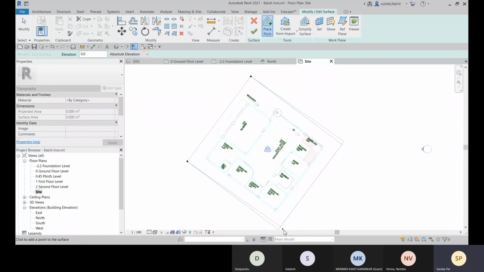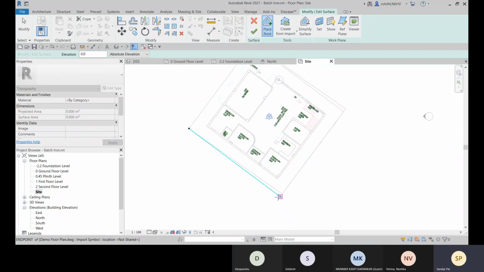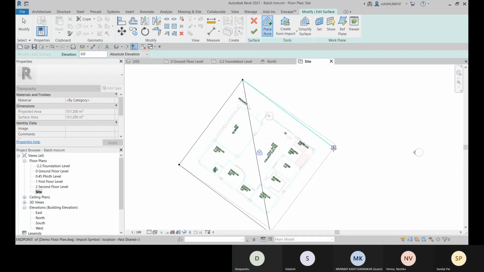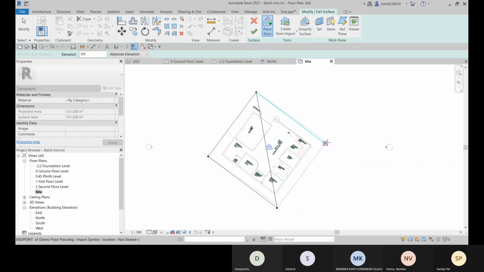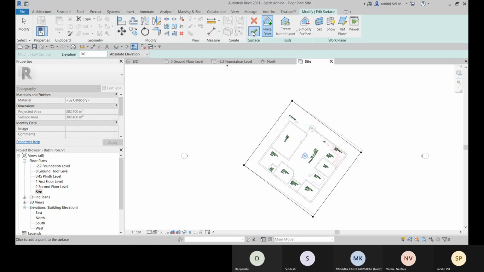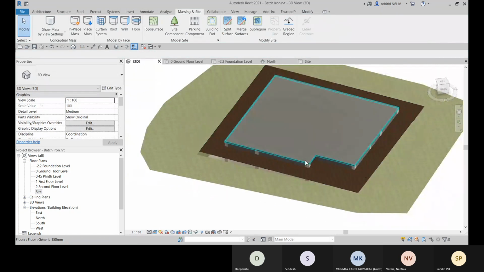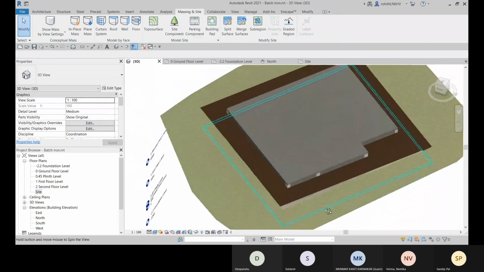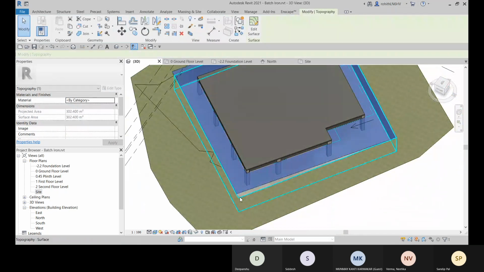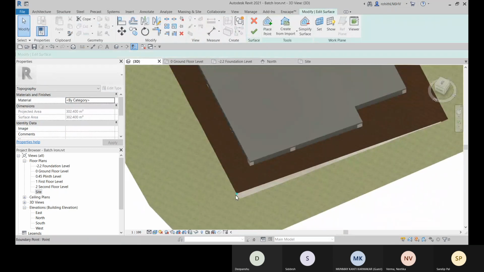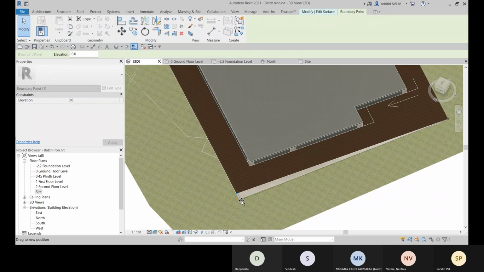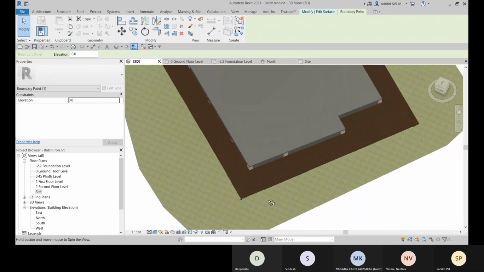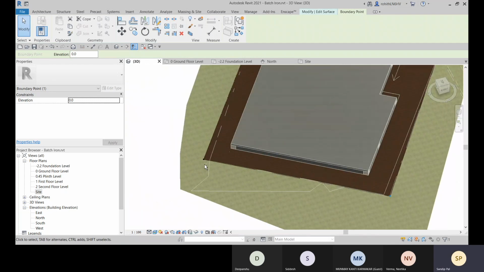Let me place this point over there. This will be placed like this.